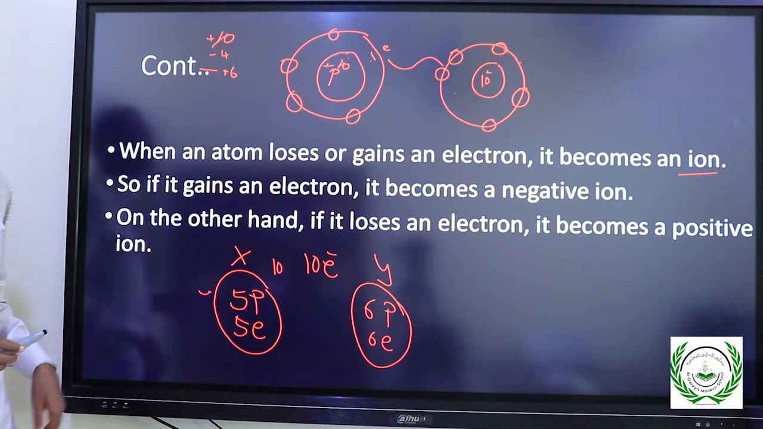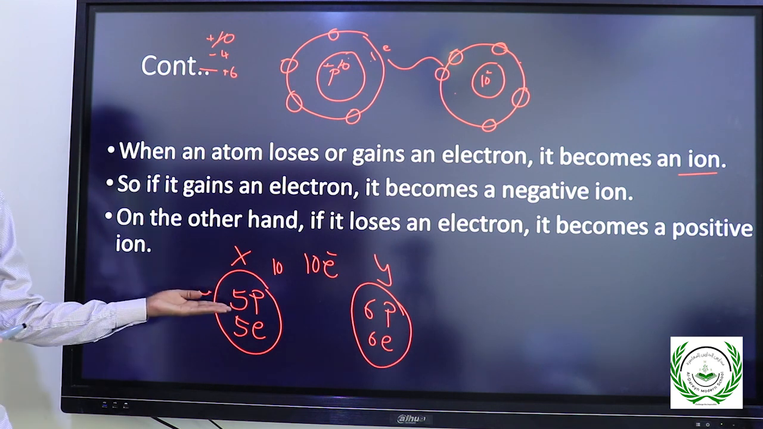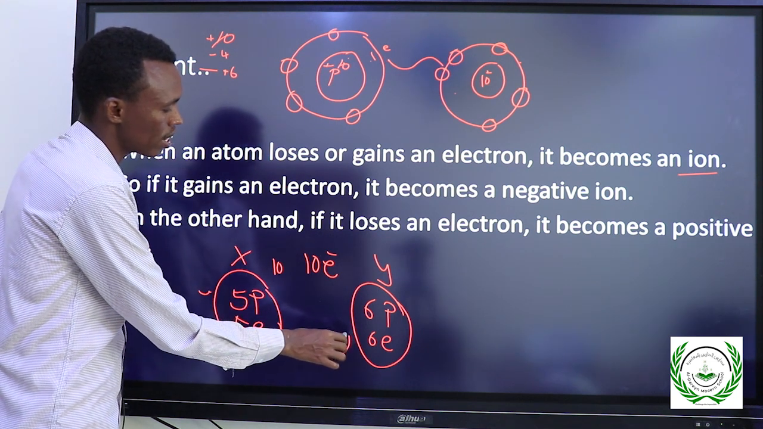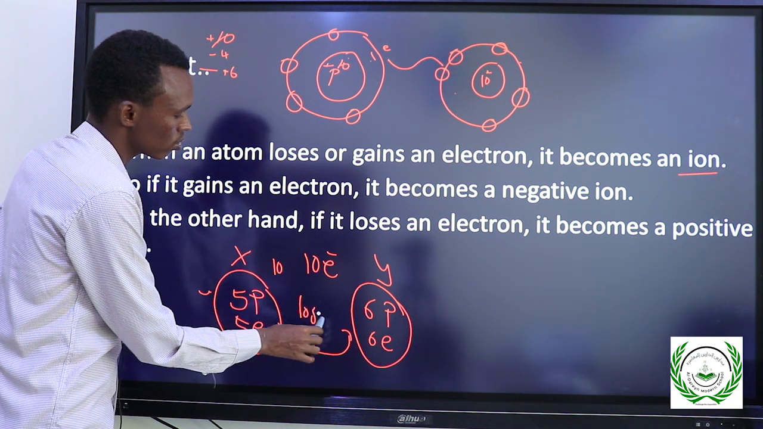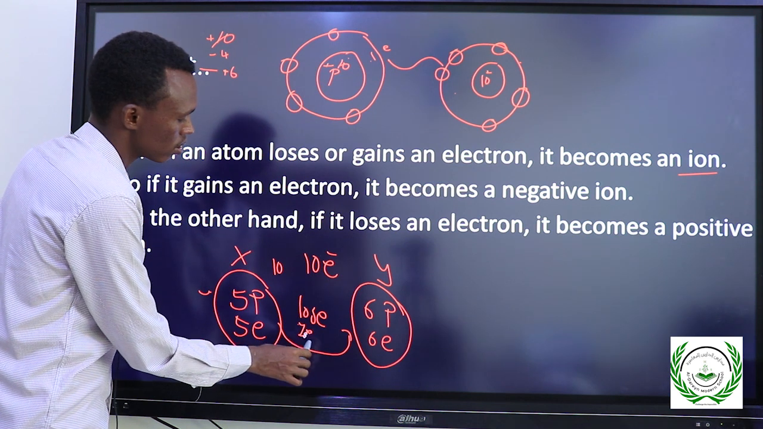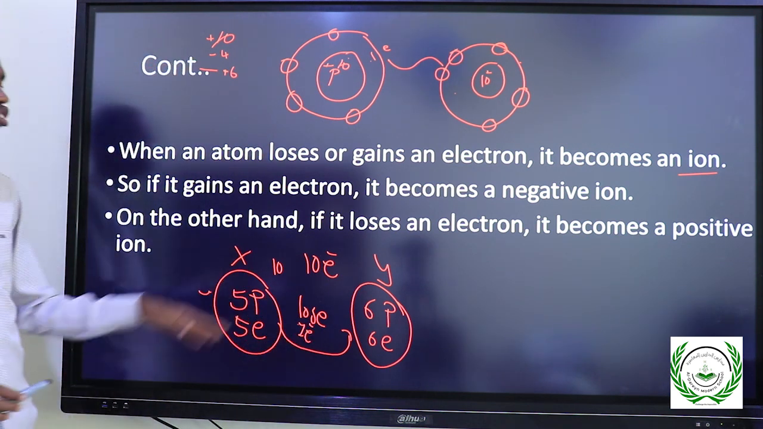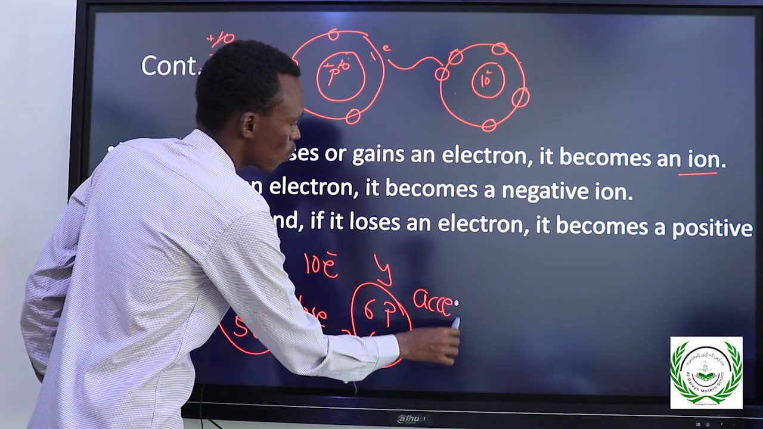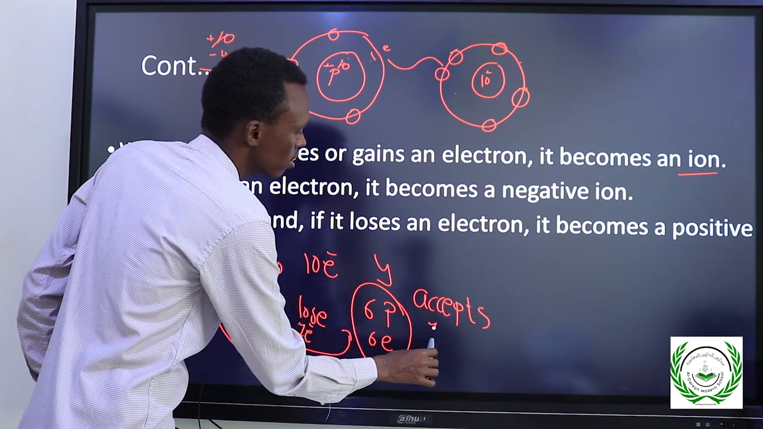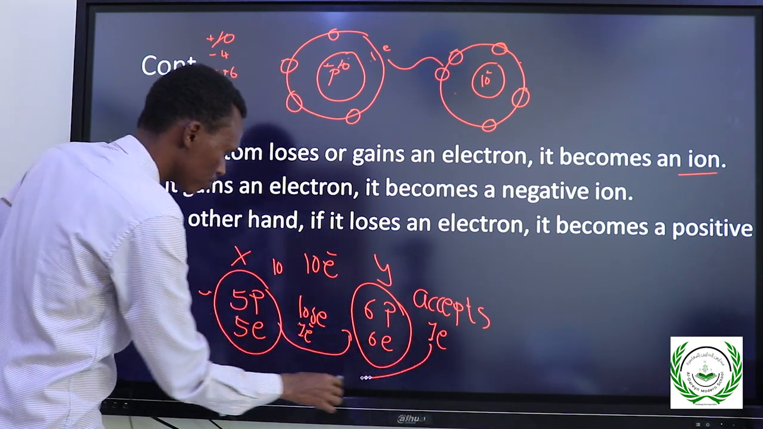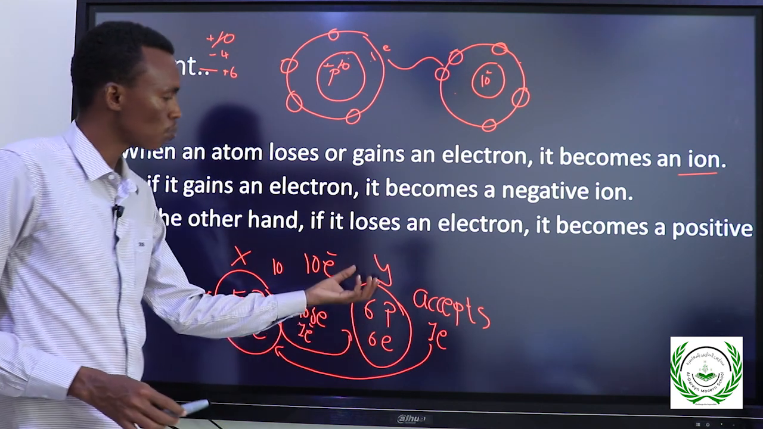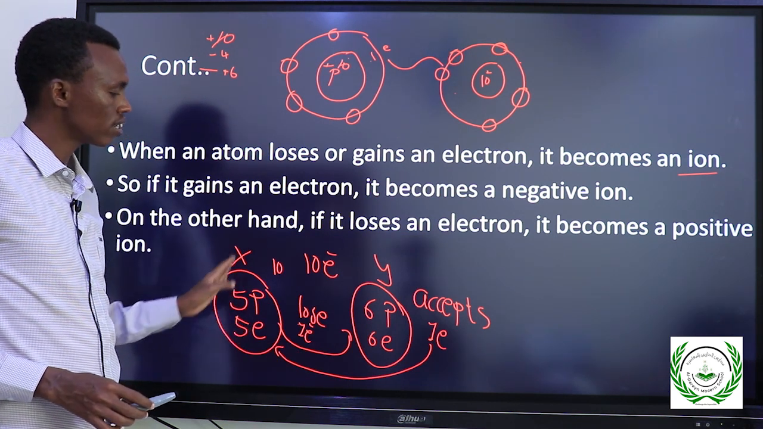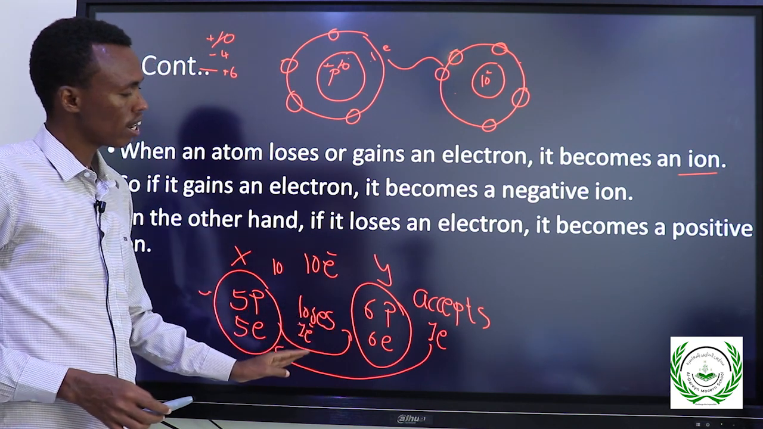So to see whether it's positively charged or negatively charged, it depends whether it loses electron or gains electron. So for example, this atom, it donates 1 electron, it loses 1 electron to this atom. Okay, so this one it gains or it accepts 1 electron from this atom. Okay, so this one, element Y accepts this 1 electron from element X, while element X loses 1 electron to